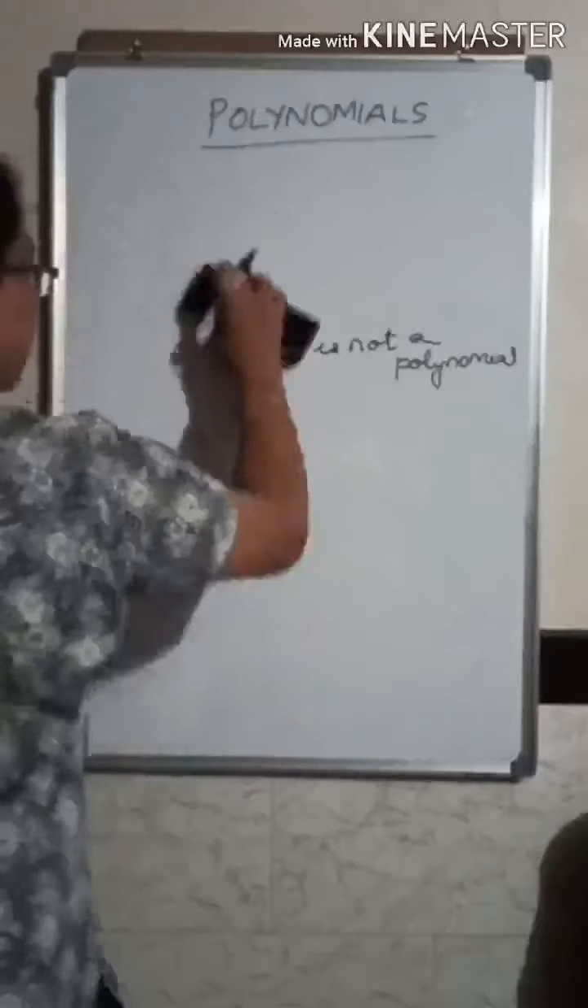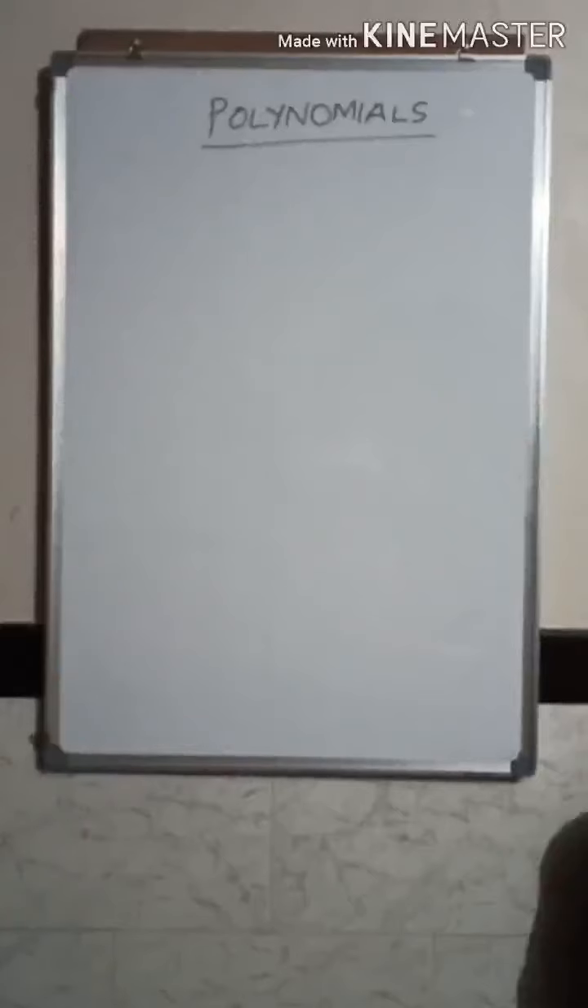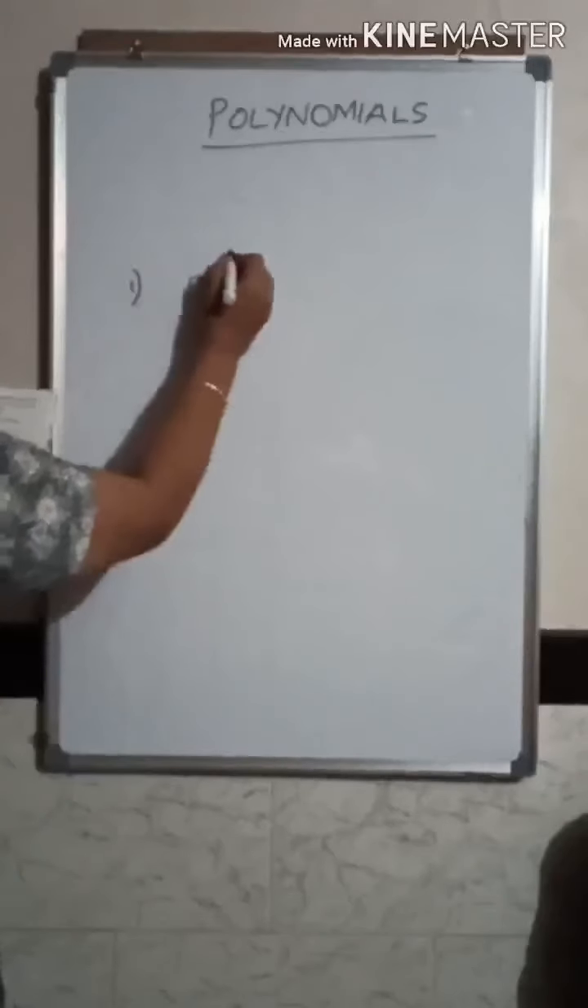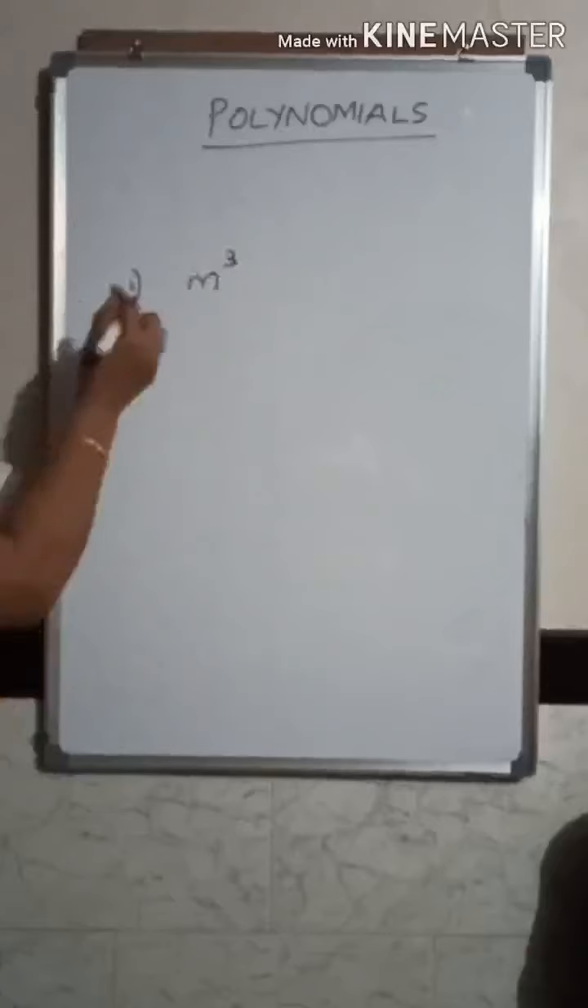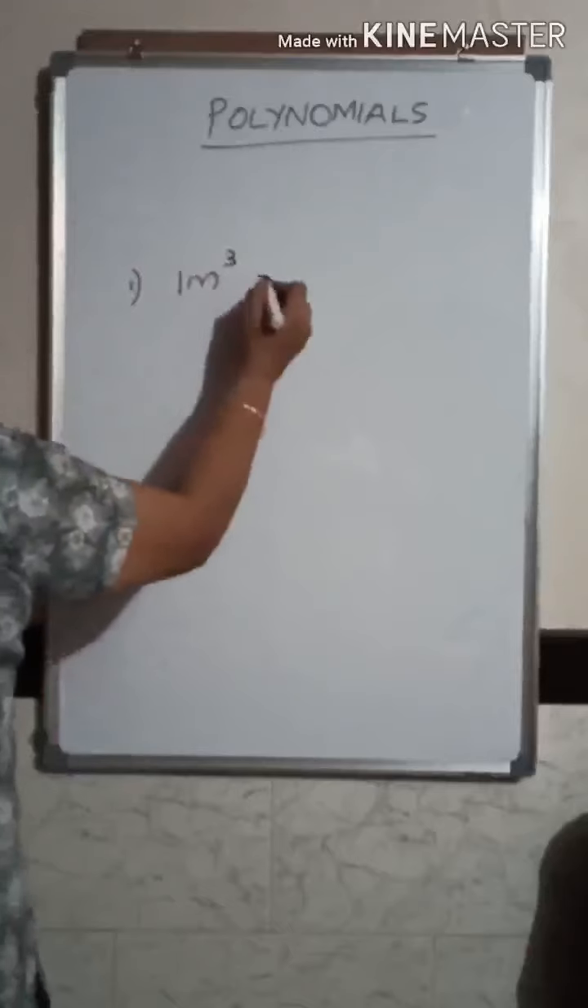So a few polynomials are given and you have to write what is the coefficient of m cube. In the first problem, m cube itself is given. Coefficient means the number that is before that given term. So here you have to write coefficient